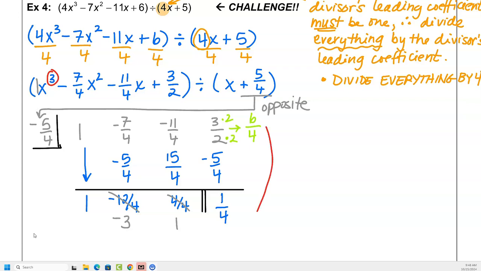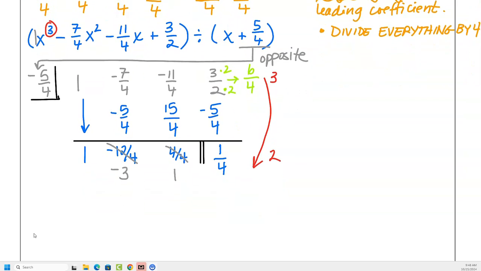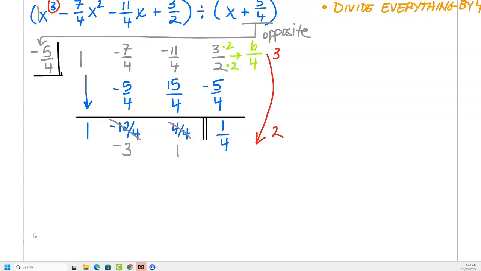So I just depressed my equation, right, to get my quotient. It was a third power, now it's a second power. So I can rewrite this to be, I'm going to take the 1 here and the 2 here, and so it becomes 1x to the second. The next term is minus 3x to the first, and then it's plus 1x to the 0, plus 1/4 divided by,